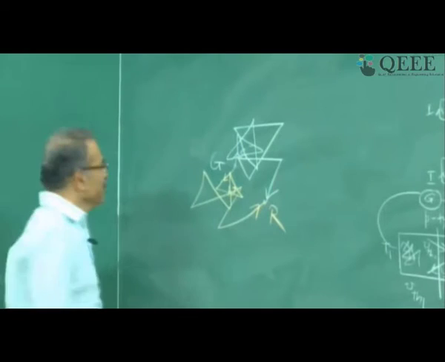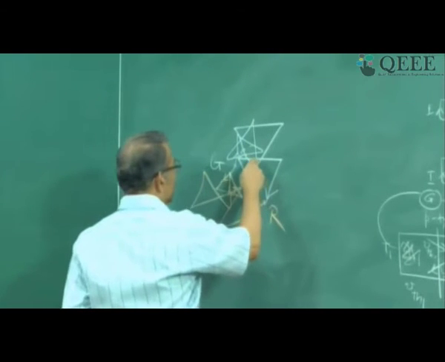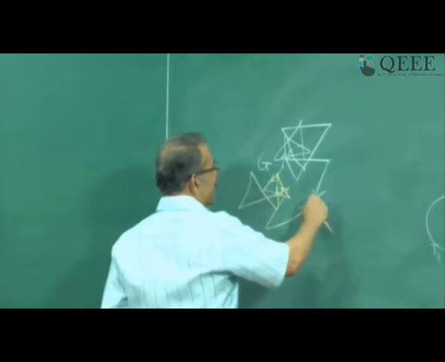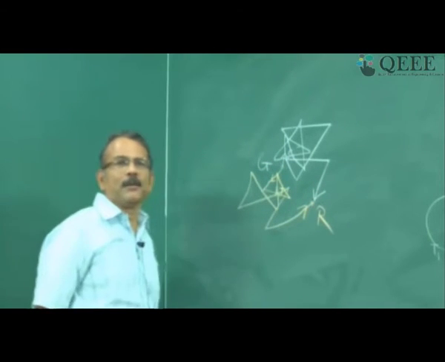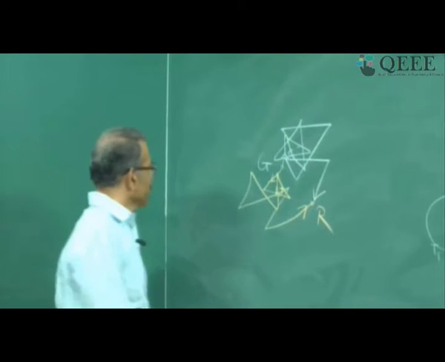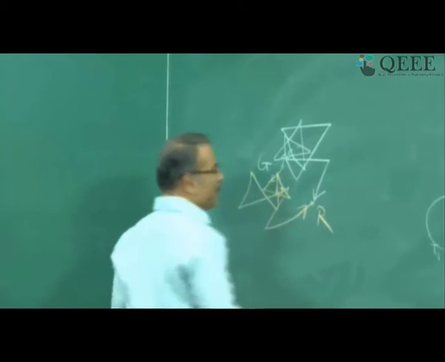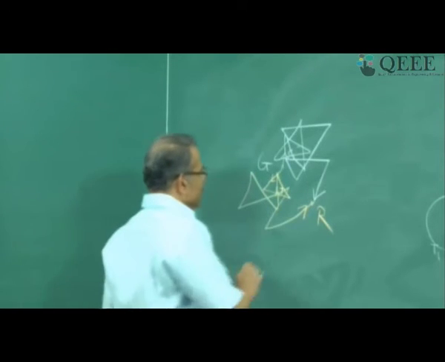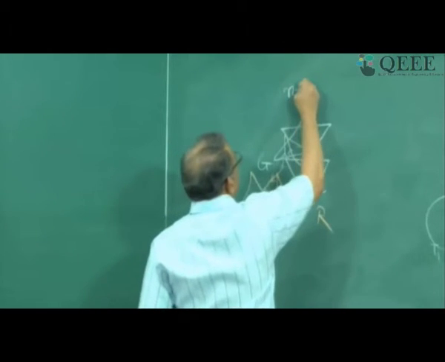Now what will you say? You will say the lifetime of this electron and this hole is the same because they were born together and they are dying together, right? Now this will be the picture in a pure semiconductor, an intrinsic semiconductor. Suppose it is extrinsic, suppose it is N-type.